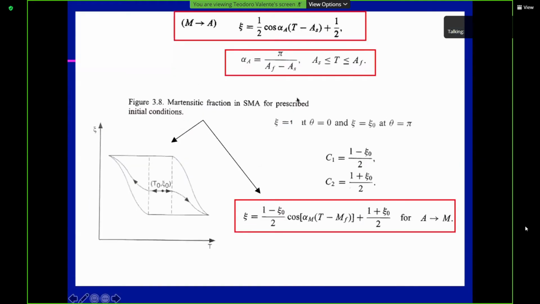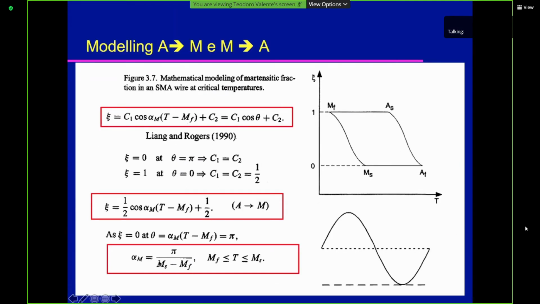So we have written very simple equations, taking into account this general expression by Lyon and Rogers, in order to answer the question: if we start from 100% austenite and we are at a temperature value T, which is inside the range MF/MS, how much martensite, which is the percent of martensite, have we formed? Well, we can just use this very simple equation. And if you see here, we find